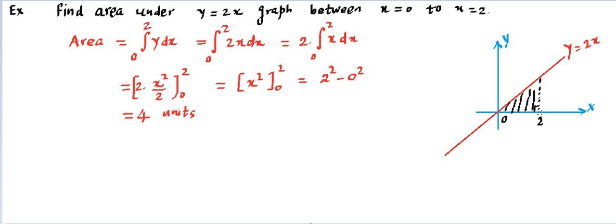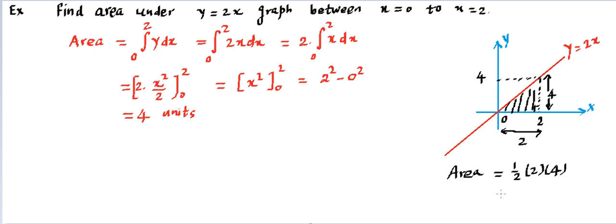Now if it is x equal to 2, so if we place x equal to 2, we will get the value of y. So if we place x equal to 2 in this, y will be 2 into 2, that is 4. So that means this height that we are looking for is 4, and this base is 2. So what is the area of a triangle? Can we say the shaded area that we are talking about is going to be half into base into height. Base is 2, height is 4. 2 and 2 get cancelled out, and it became 4 units.